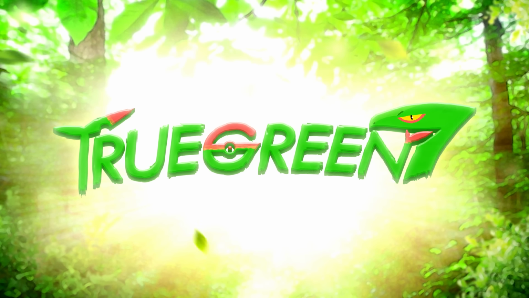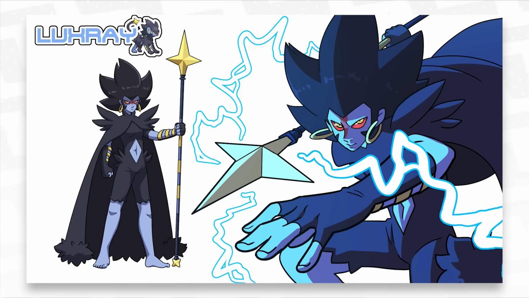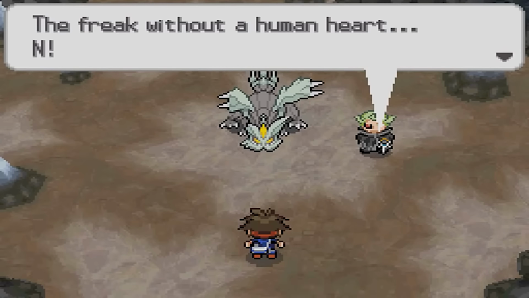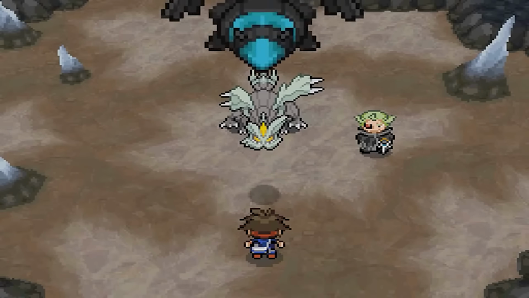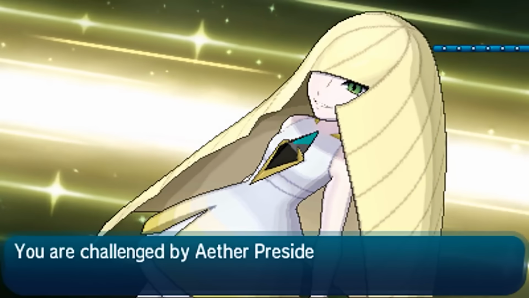Hey guys, Ron here, and over the last year we designed gym leaders, we made some champions, we even turned Pokemon into humans, but now it's time to create antagonists and their ace Pokemon. They could be totally irredeemable villains like Ghetsis, or sympathetic anti-heroes like N, as long as they are the main challenge that our protagonists must face.